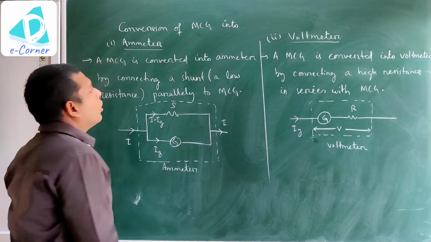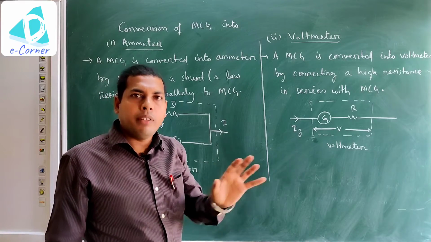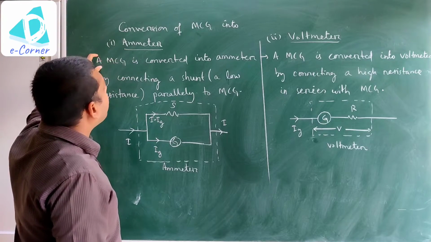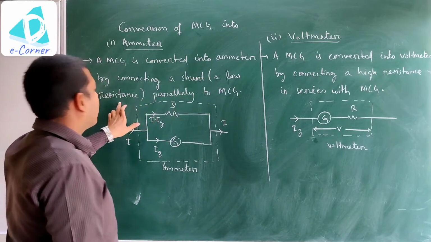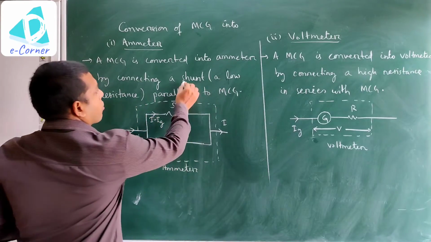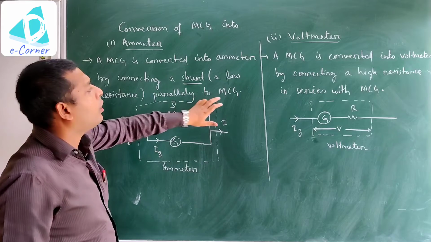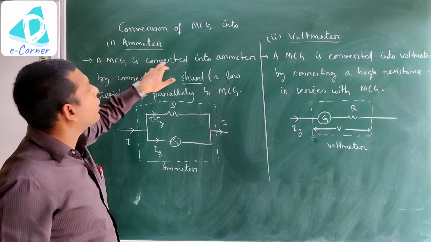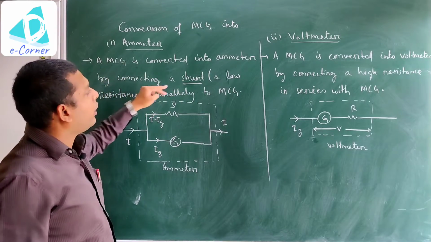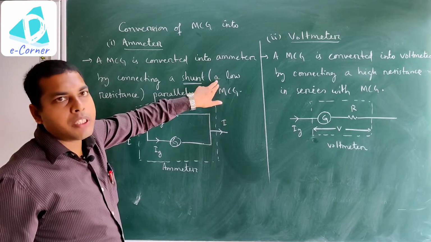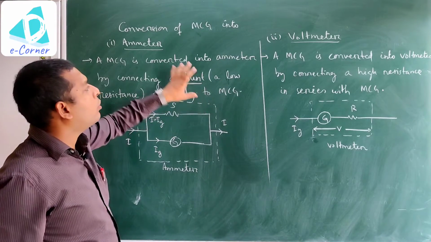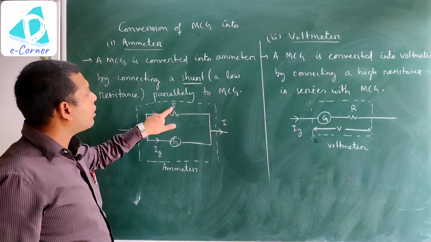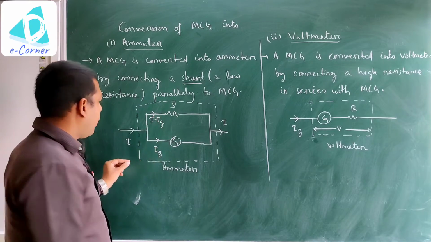What is the procedure? We have to use one resistor having some resistance value, and for the ammeter we have to use one low resistance that is called a shunt, which is connected in parallel to the moving coil galvanometer. A moving coil galvanometer is converted into an ammeter by connecting a shunt. Shunt means a low resistance in parallel to the moving coil galvanometer. Look here, G is the galvanometer, S is the shunt which is connected in parallel, and